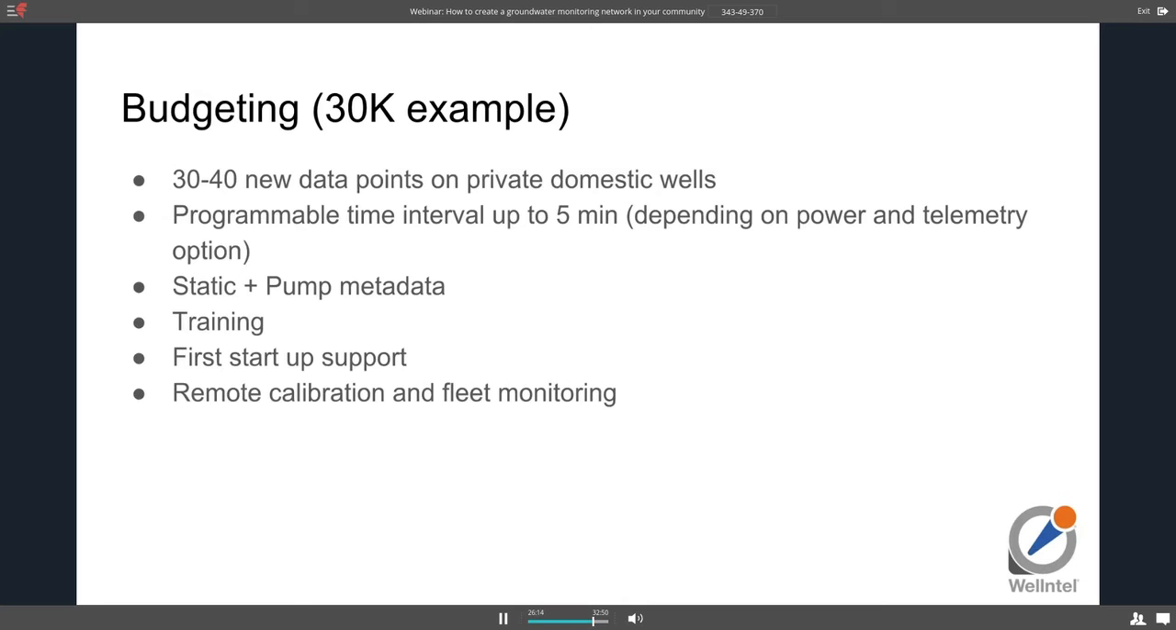I want to provide a budgeting example for a sponsor who might be thinking about the first community network. So let's say that there was an existing budget of $30,000 to dig 2 monitoring stations on public land and outfit them with either pressure transducers or maybe dispatch technicians to those locations on some schedule for data. A $30,000 project budget